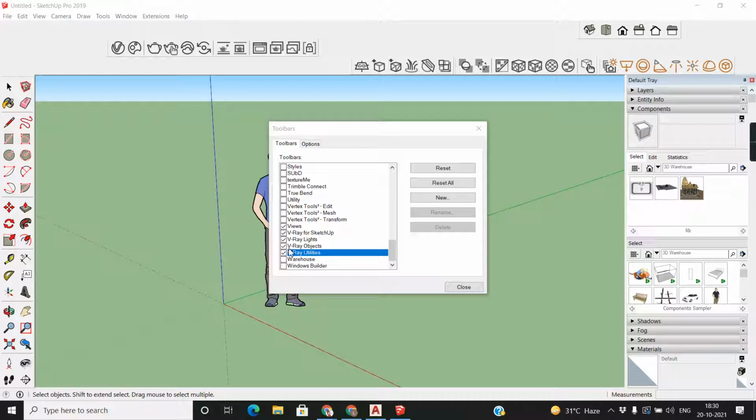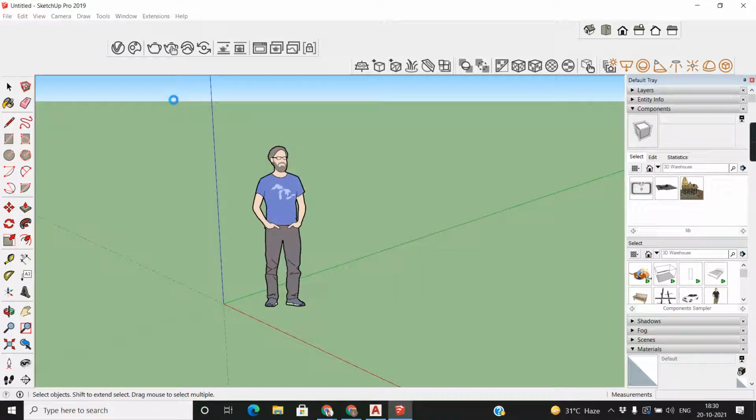What is the full form of V-Ray? Virtual ray. Okay. So here, when we talk about virtual rays, it's alpha, beta, gamma and all these rays. So this is V-Ray, the virtual ray, and there is dual bouncing inside it. So first I'll explain some tools and some things which are very useful.